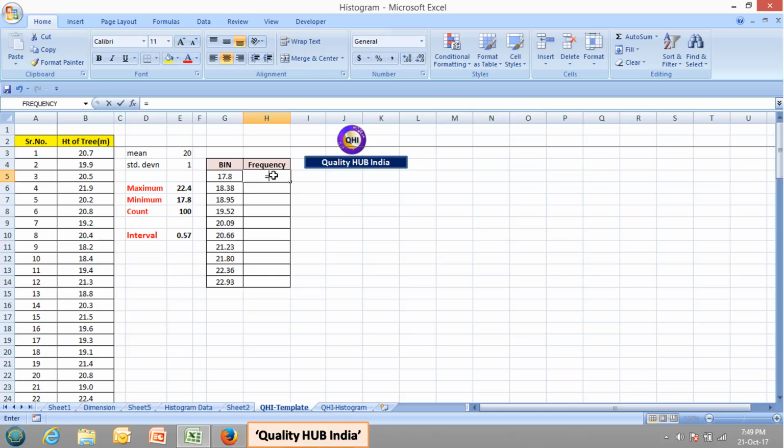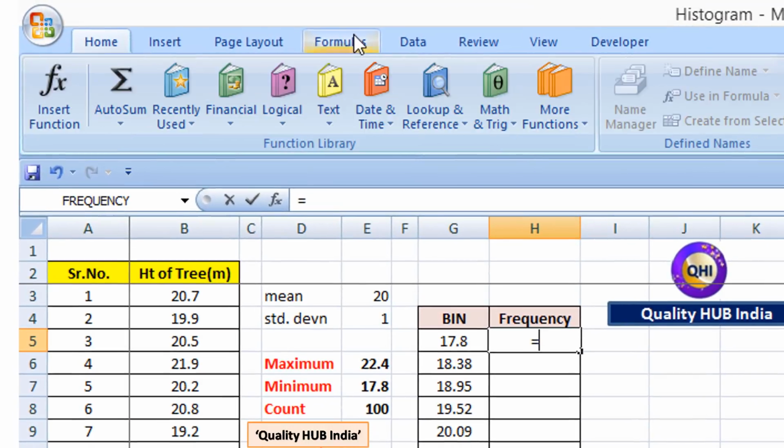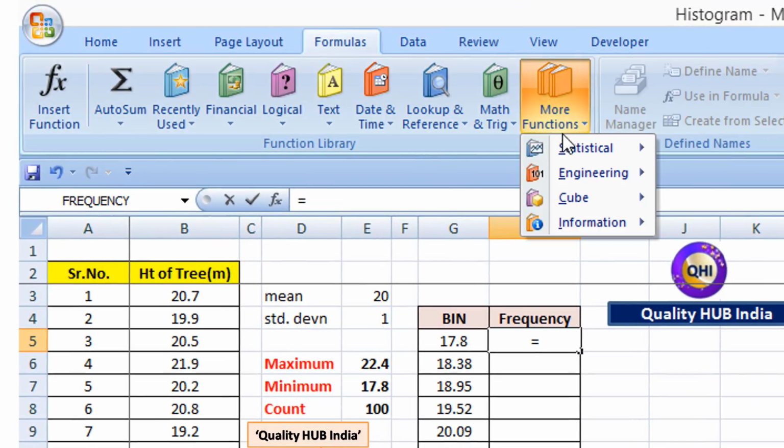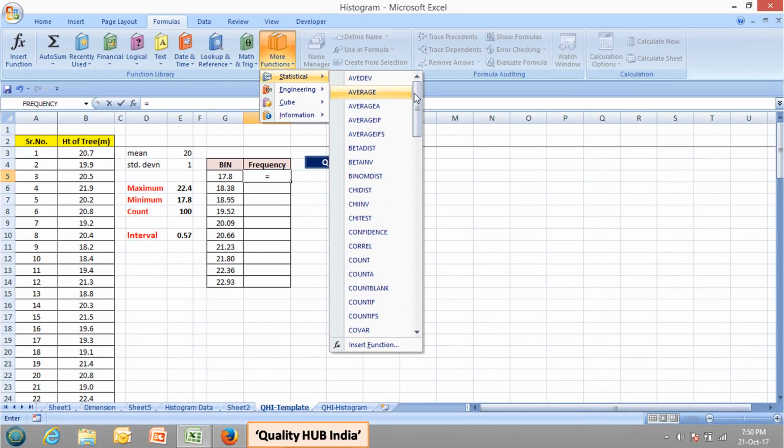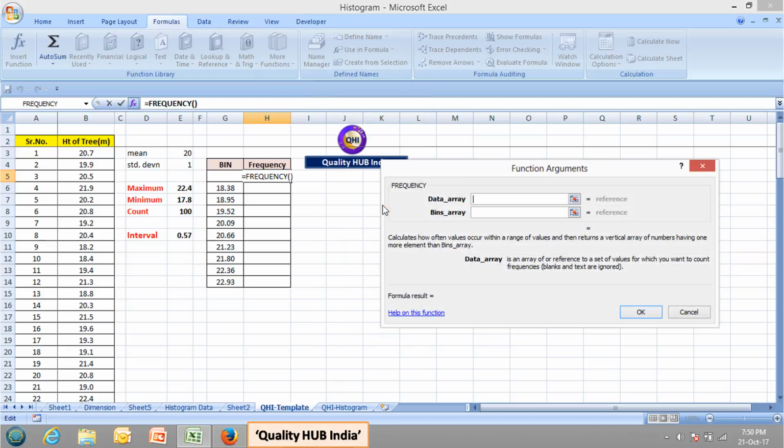For that, type is equal to, go to formula, go to more functions, go to statistical, and then go to frequency. So we have our frequency over here, click on that. Now this is asking you to identify two data values, that is data array and bin array. So let's first identify data array.